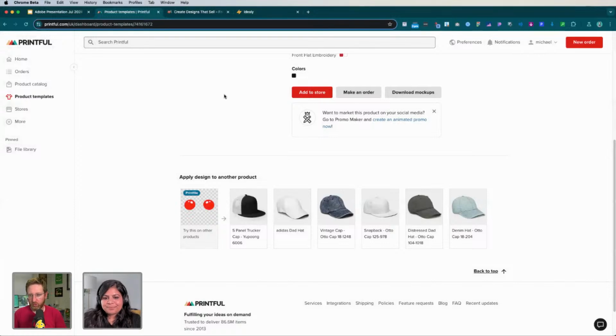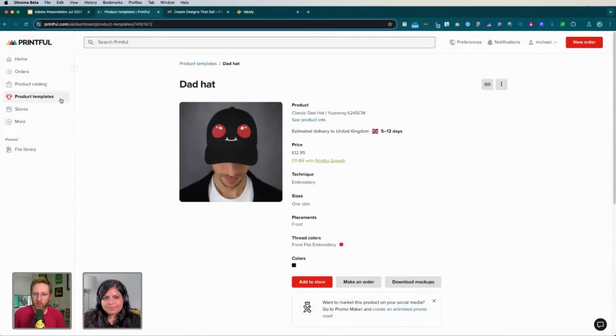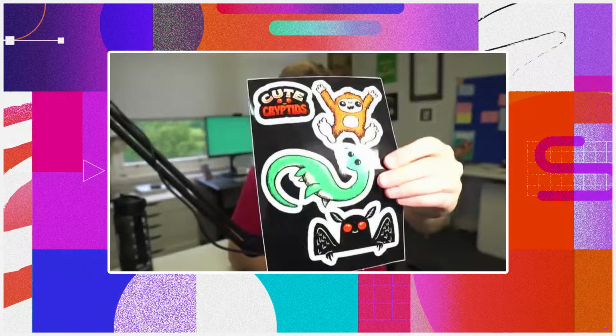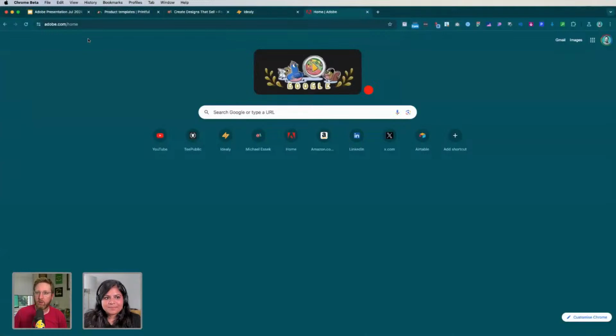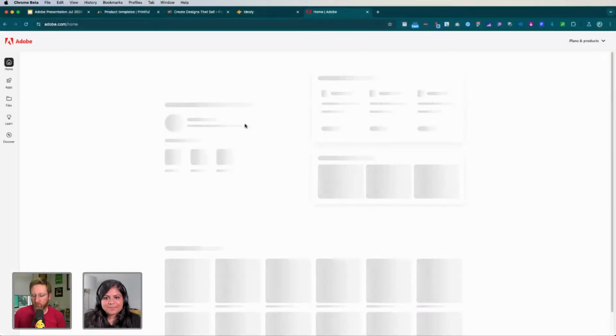Well, one more product which I'll show you is we can do sticker sheets. So again, I'll show you the finished product here for that one. This is a sticker sheet we did again for the cute cryptids collection, as we called it. I'm not sure whether you can see that we've got Bigfoot and Mothman and the Loch Ness Monster. So this is a kind of cut out sticker sheet. So these will just peel off. So you've got three or four different stickers there. Pretty cool. So we could actually use Adobe Express for this. So why don't we do that here? Because that's a pretty easy process to do.